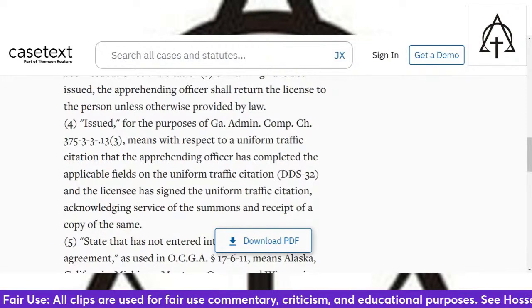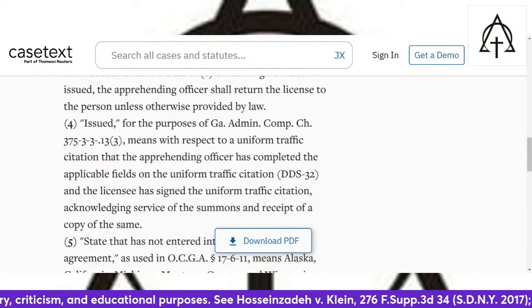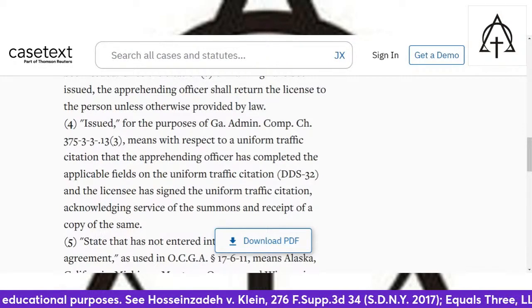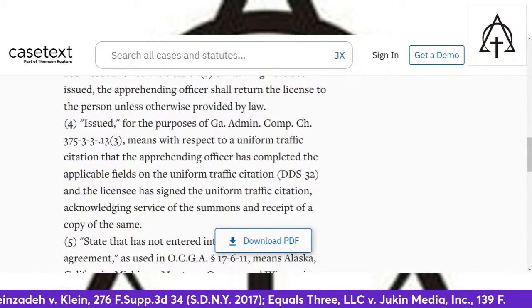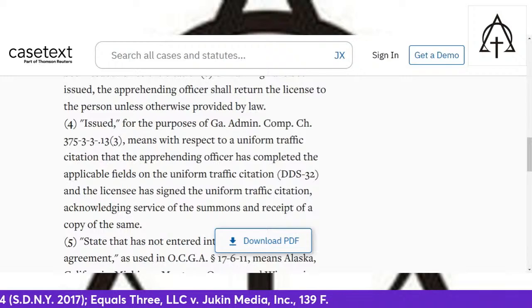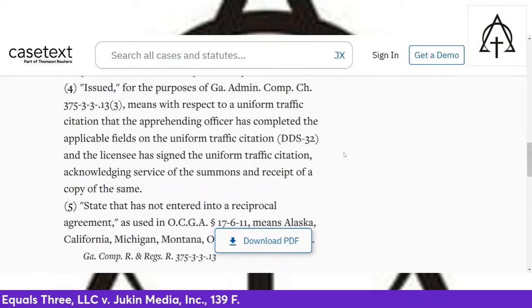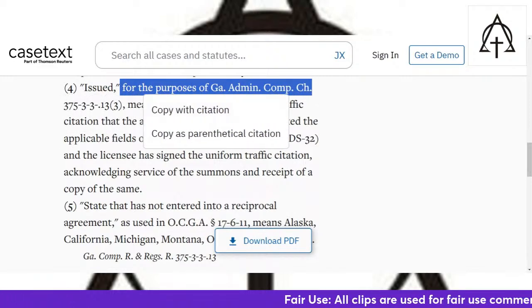in that they think they can enforce public contracts, grants, loans, and such according to public property, according to agency management of a military unit. Issued for the purposes of Georgia Admin Comp Chapter 375